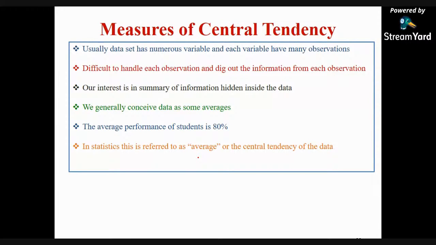Now, moving to another important statistical tool for understanding the data set in hand, that is the measures of central tendency. We have many measures, and we will discuss them briefly due to shortage of time. This measure comes into the picture when you have numerous variables in a data set and each variable has many observations. So when we are dealing with the multivariate case, more than one variable of interest, and each variable has many observations,